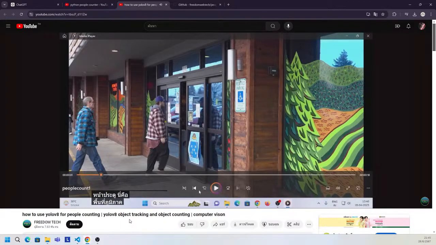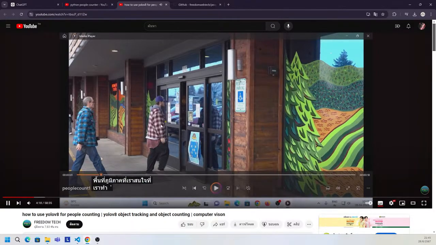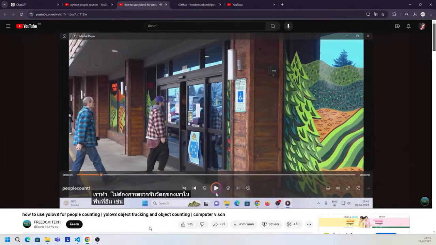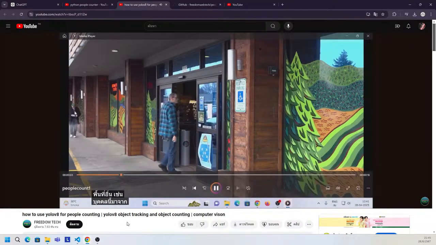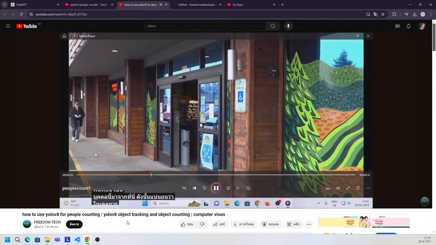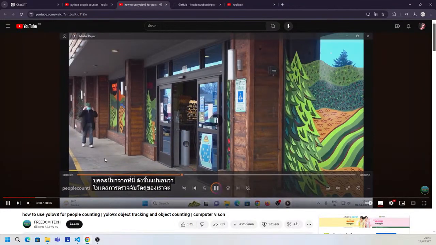We don't want to detect our object in other areas, like this person who is coming from here. Of course our object detection model will detect